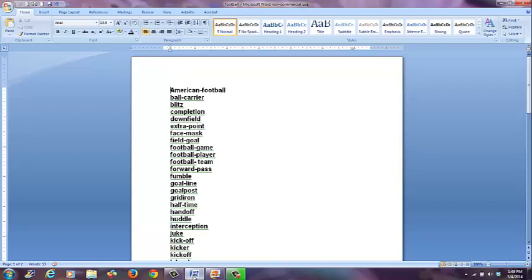Now, your list of words can be about anything. As you see here, I have a list of words that are vocabulary for the game of football. However, your list of words can be anything that you want them to be. You could use a list of words to describe elements of a particular story that you're reading in class. You can use vocabulary for a unit in social studies or science or any subject really. You can also find words that describe a noun or words that are related to a specific concept that you're